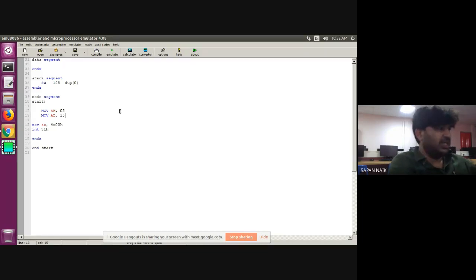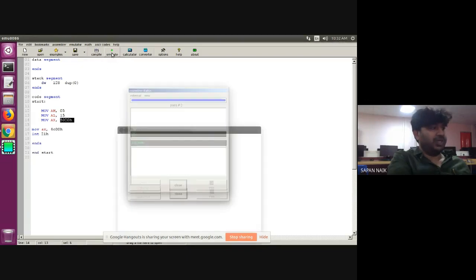Now these are both 8-bit operations. Now if I write MOV AX, 5020, then write H so you can easily understand. This is my hex number, right? The lower byte is 20, the higher byte is 50. So my AH will contain 50, my AL will contain 20, and this full number is 5020.